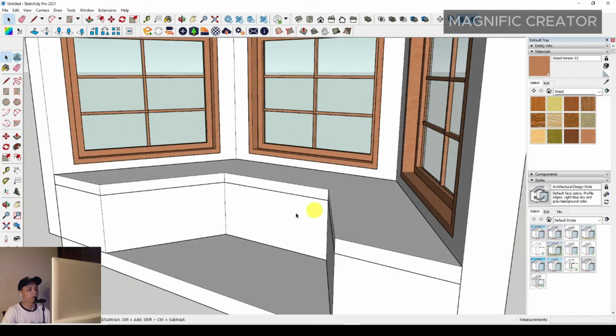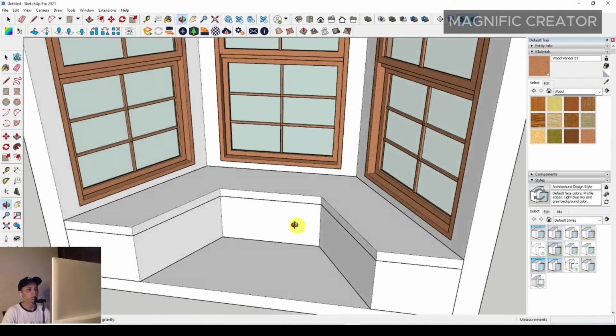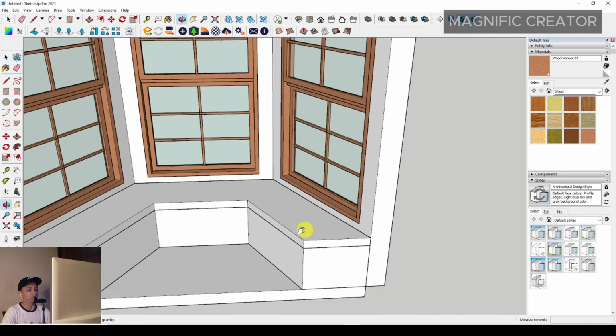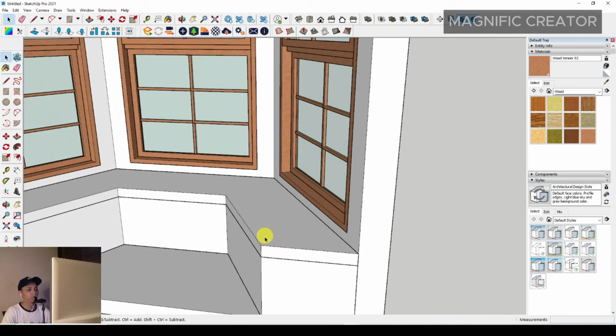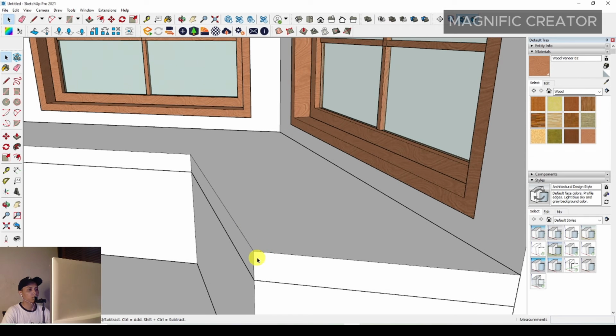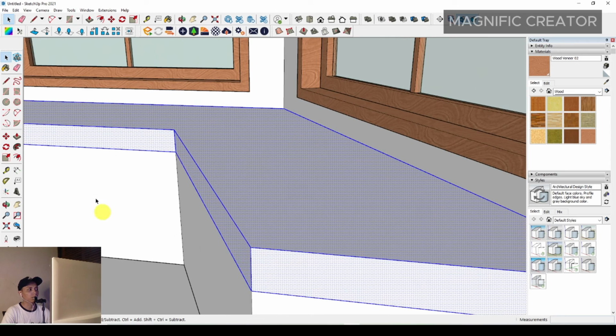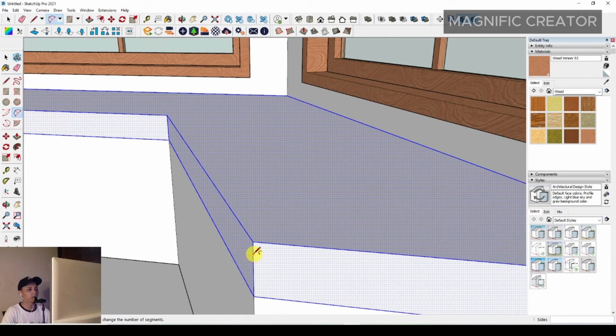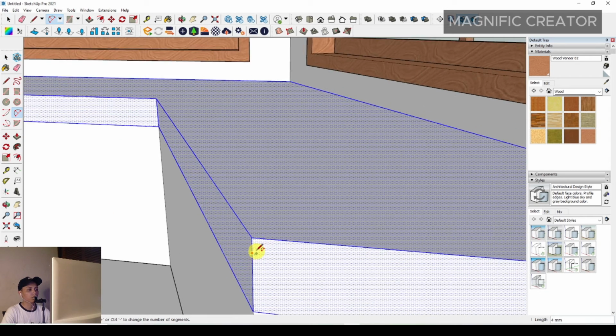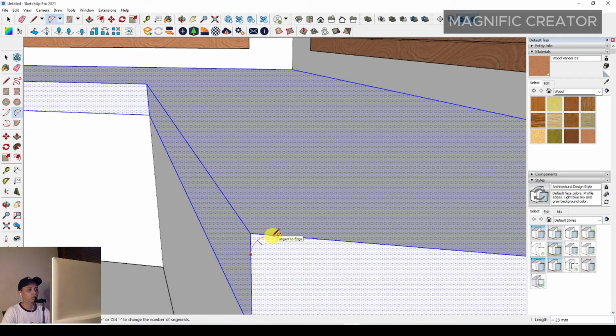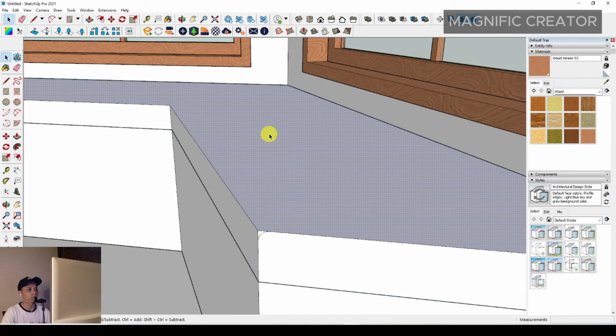And now you can see the basic shape of the sofa and cushion, and I will show you how to make a smooth edge of this cushion anyway. Then you can make a 2-point arc right here. You can see the 2-point arc. Okay, tangent to the edge. Okay, and then you have to select this plane, and then select the follow me, and just select